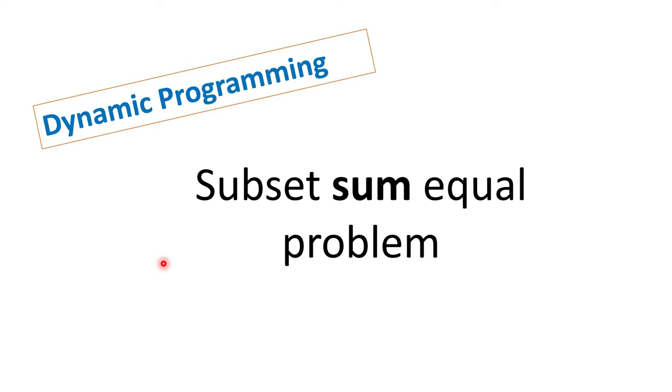Today we will discuss one important problem from the dynamic programming series, that is the subset sum equal problem. So the problem statement is we will be given one array and one number. We have to find if we pick a few numbers from here and add them, can we form this number or not? If you check here, if we take 4 and 5, then I can form this number by